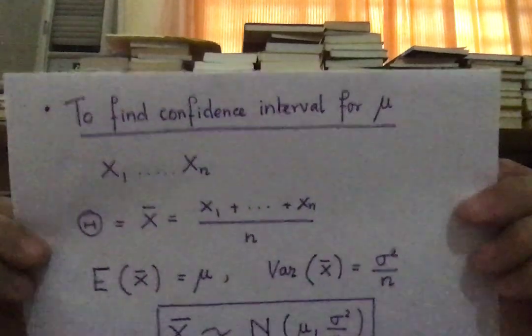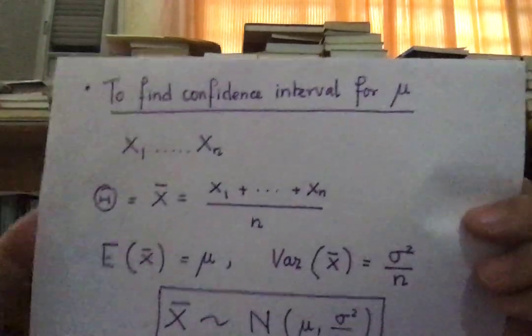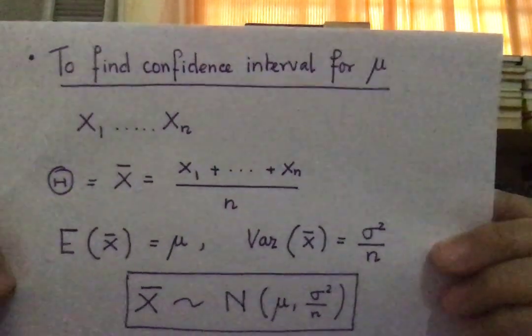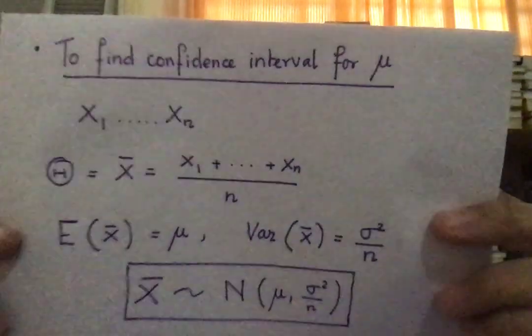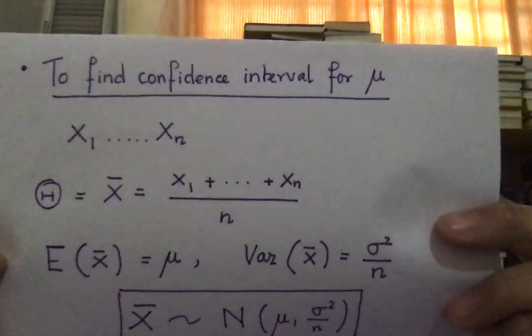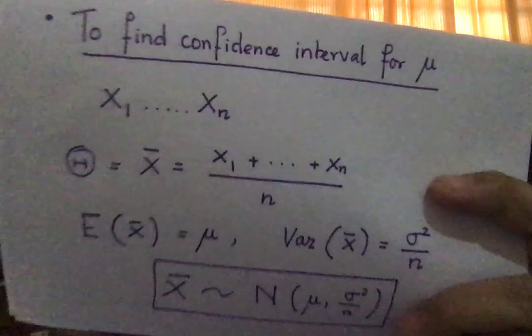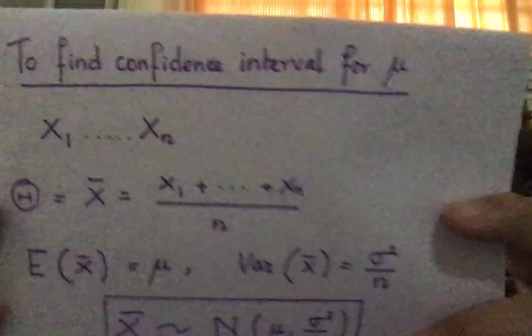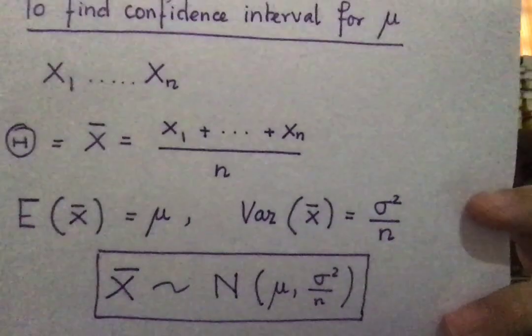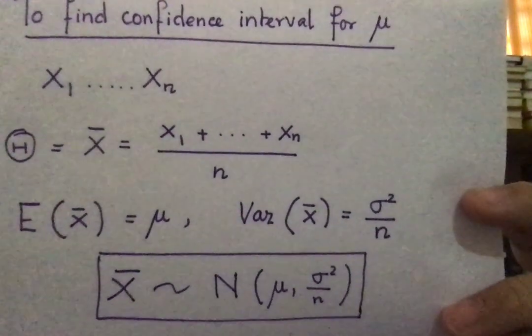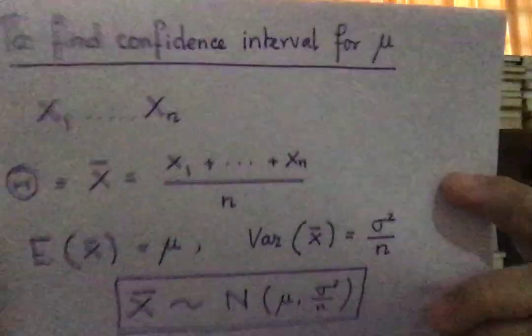So just to recall something about X1, X2, ..., Xn, a sample observation from a normal population, you take X bar, the random variable which is given as (X1 plus X2 plus ... plus Xn) divided by n. So this is your capital theta. Now you know that E of X bar is mu and the variance of X bar is sigma square by n, and X bar actually follows a normal distribution with mean mu and variance sigma square by n. This is known to you; this has already been taught in the random sampling classes.